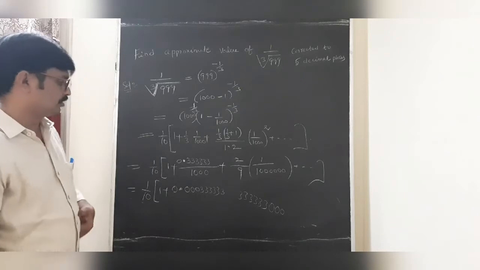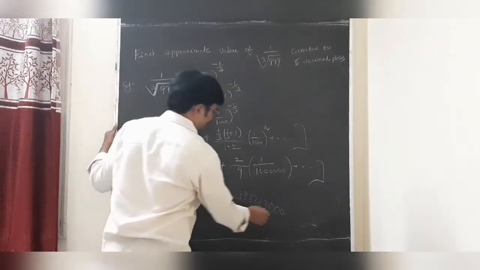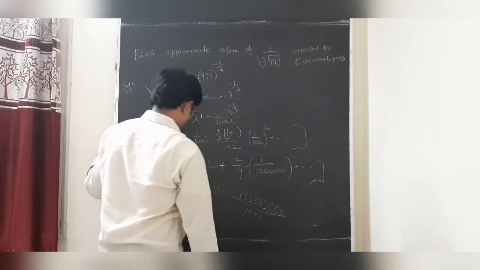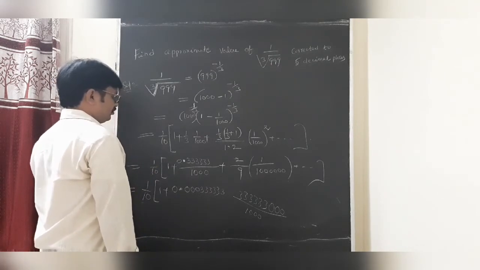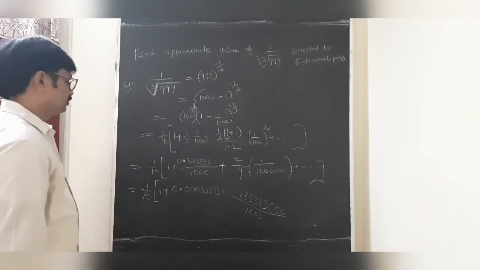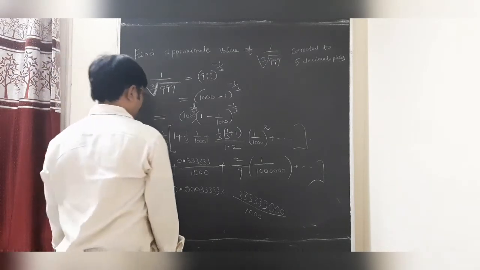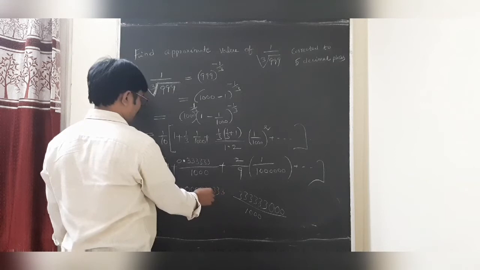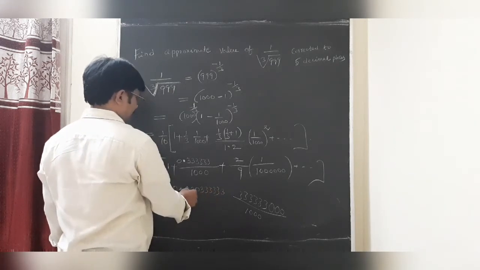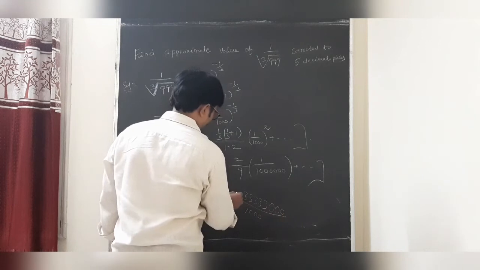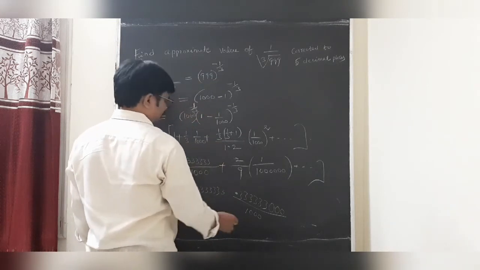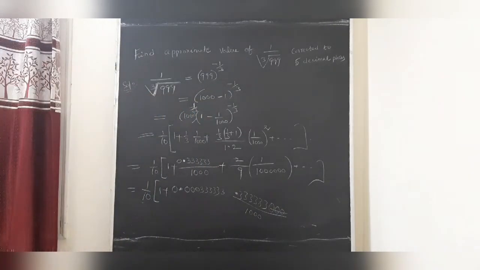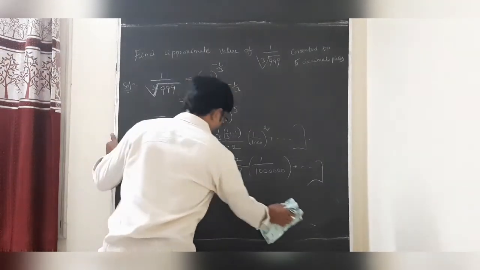So when we are multiplying with 1000 in the numerator and denominator, undoubtedly, students, how many decimals are there? When we are multiplying with 1000, dear students, how many decimals are there? 1 2 3 4 5 6 7 8, so 9 is there. So dear students, undoubtedly 1 2 3, the number of 3's is 6. So students, now we can recognize this is what?